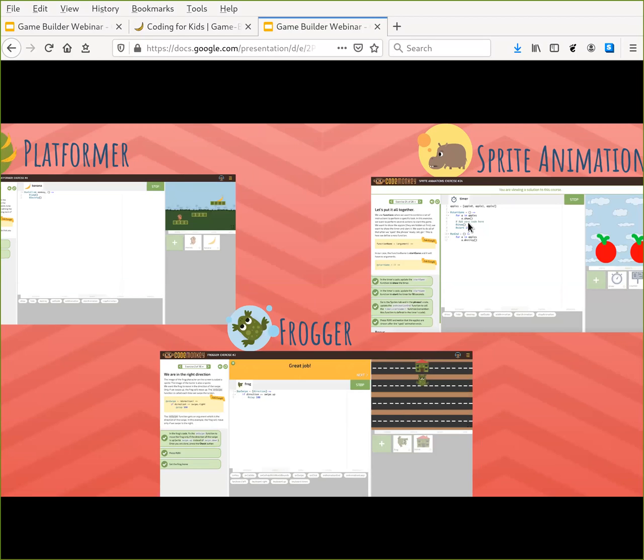We're going to be doing the Game Builder application, which is completely open-ended, but CodeMonkey does have 3 courses that go along with Game Builder. So if you find that I move a little bit too quickly this afternoon for you, you can go and do one or all of these courses, and they will cover most of these concepts in more detail. Those are Platformers, Sprite Animations, and Frogger.